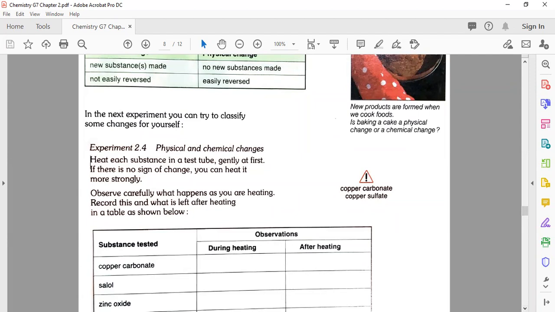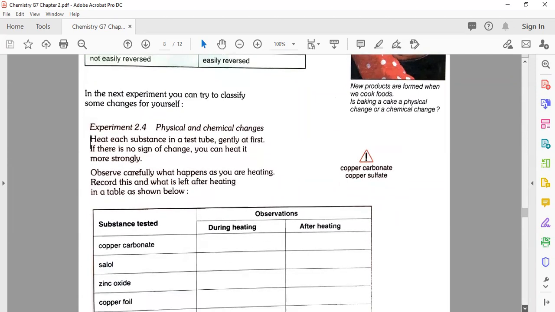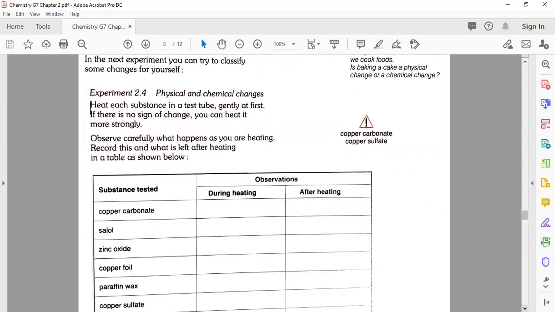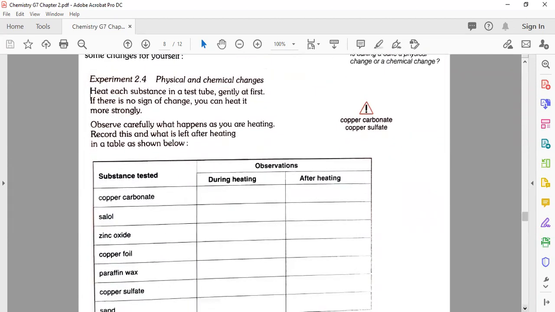Okay, now let's go to the last part of the lesson and see this graph, or you can say a chart or a table, that you need to complete yourself, because due to this pandemic, I can't perform this one. So you need to Google this one and you can easily find all the answers. I will explain it to you now here.